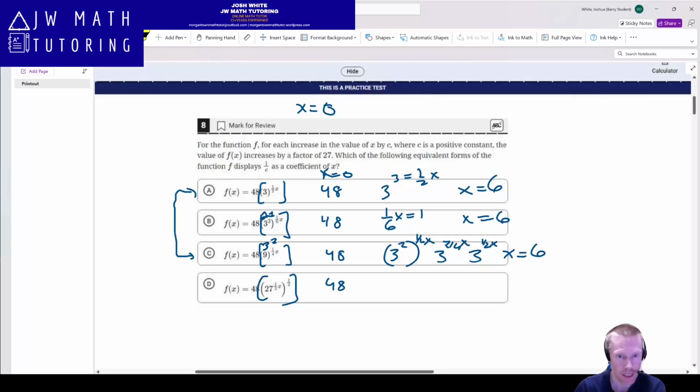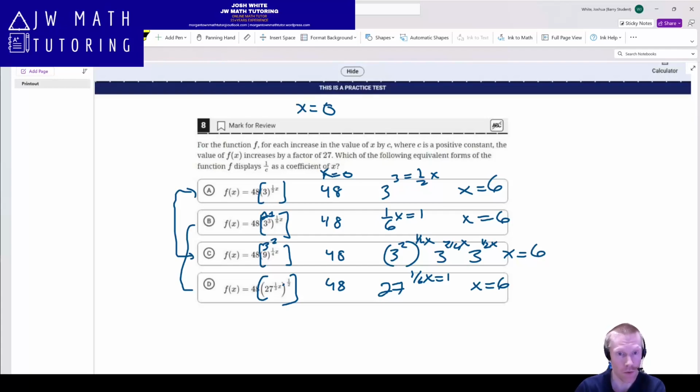The last one, again, here you have 27 already. So if you just multiply these together, we have 27, we have 1/3 x times 1/2, so we have 1/6 x. Again, that equals 1. This one is actually identical to b. Therefore, again, x is going to equal 6. So when you increase x by 6,